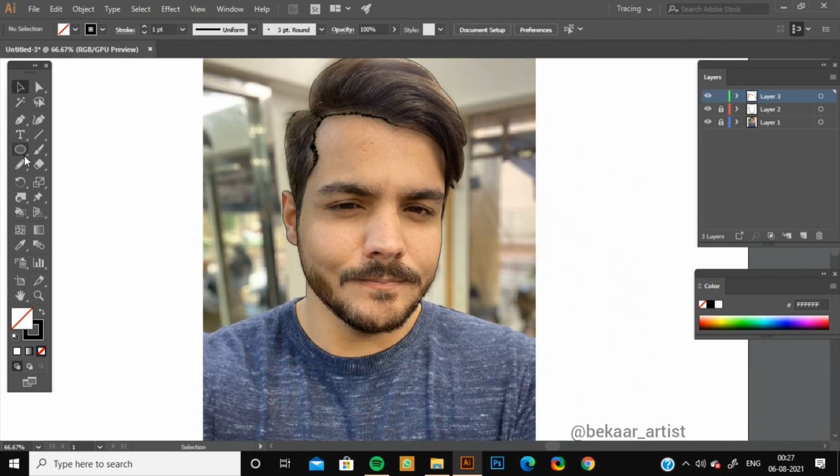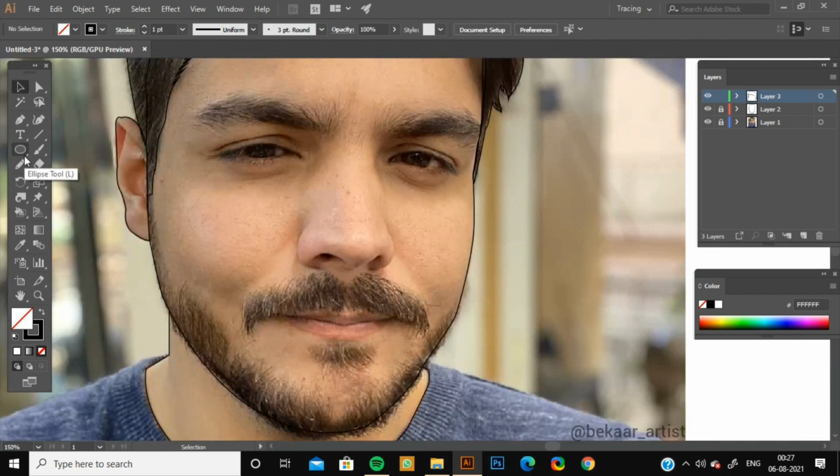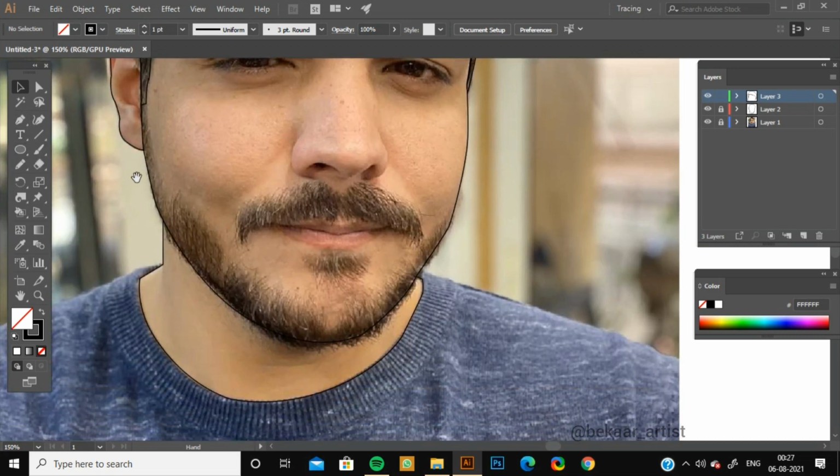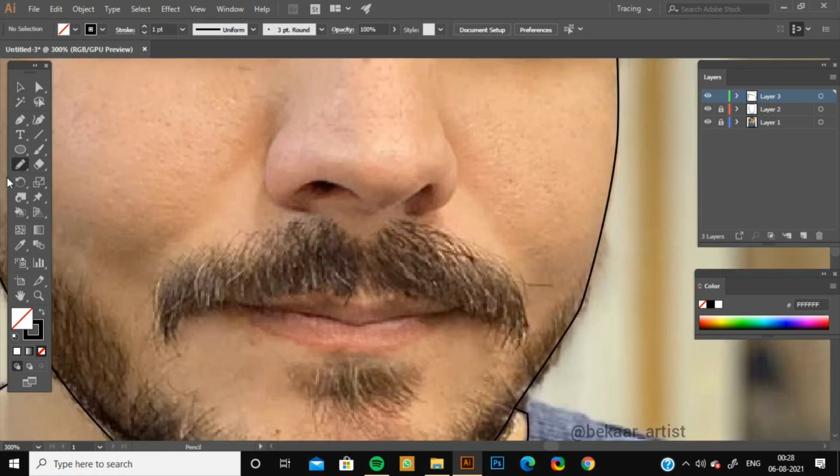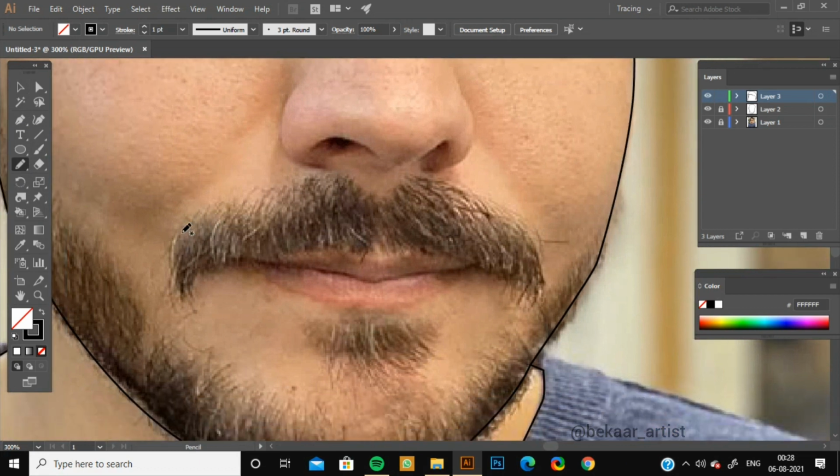Now similarly, if you want to create beard and mustache, again just use the same process. Select the pen or pencil tool, use any of these.